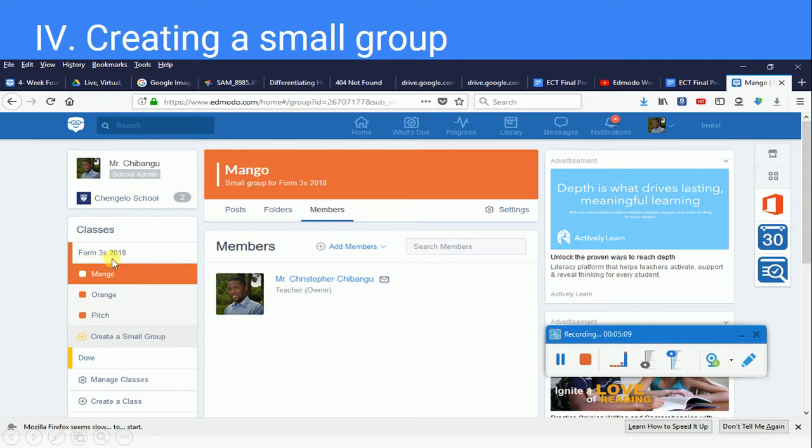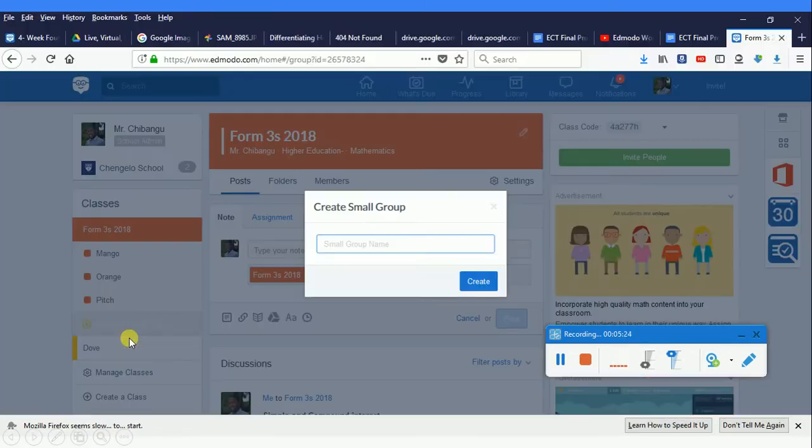We go where it says the class which was created, then come down here where it says create a small group. When you click on create a small group, you are going to have this small page which is going to pop up, and you enter the name of the small group you want to create there